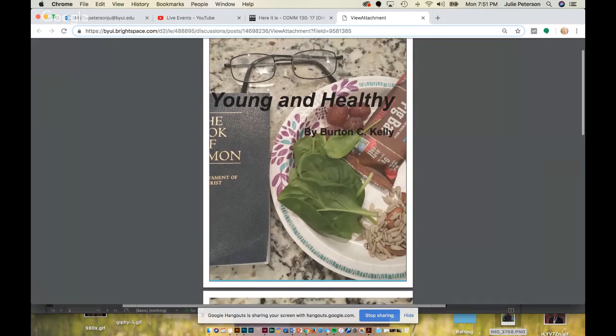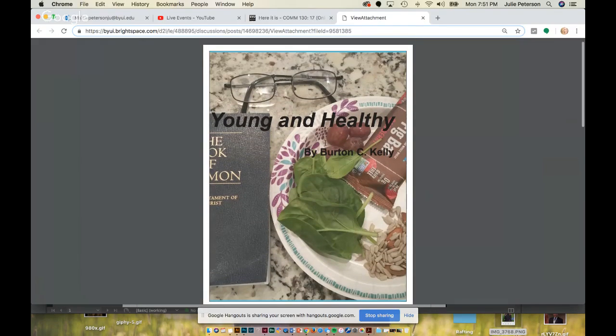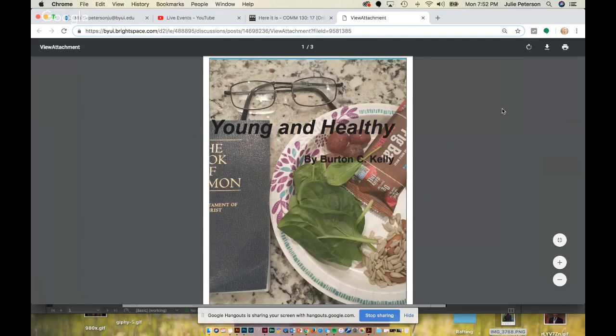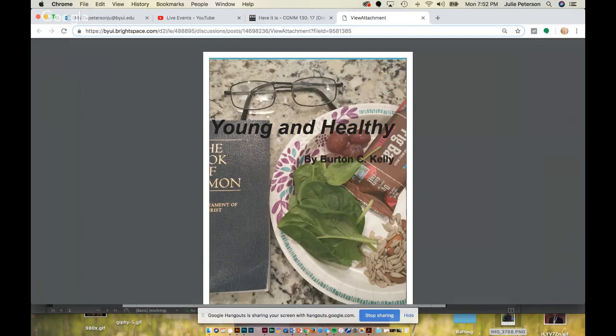And I would group young and healthy together a little bit more. I would even have a box that goes straight across so that you group these together so they're tighter together, by the author's name right here, really close. And then add a box behind it to kind of have it pop out. You can have that box the blue color that you're doing or just a white color, but that way it's not competing with the background or getting lost in the background.